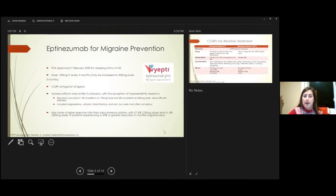So Eptinezumab is different from the other 3 that we already have approved because it's an IV formulation. It's given via an intravenous infusion every 3 months, and there is a lower dose and a higher dose. It is an antagonist at the ligand, so that is similar to the Ubrelvy and the Emgality, but differs from the Aimovig. The adverse effects with this are again minimal and similar to placebo, but there is the risk of